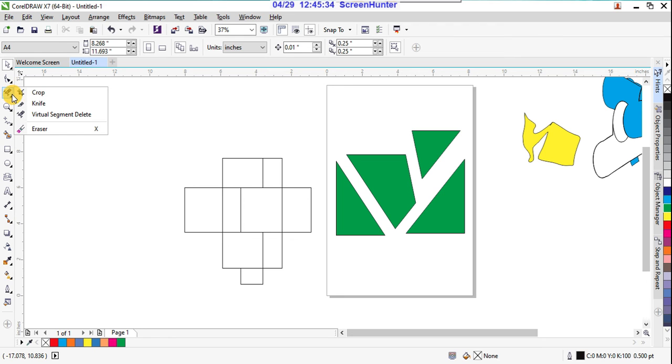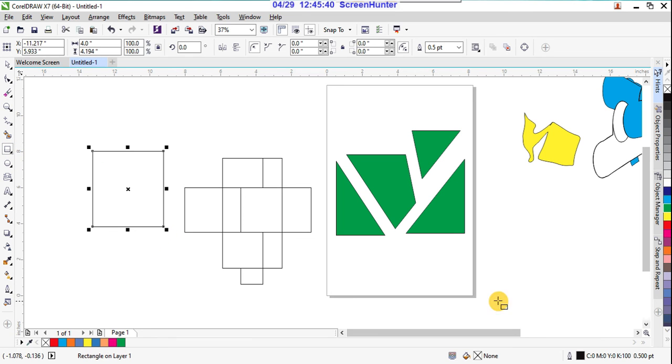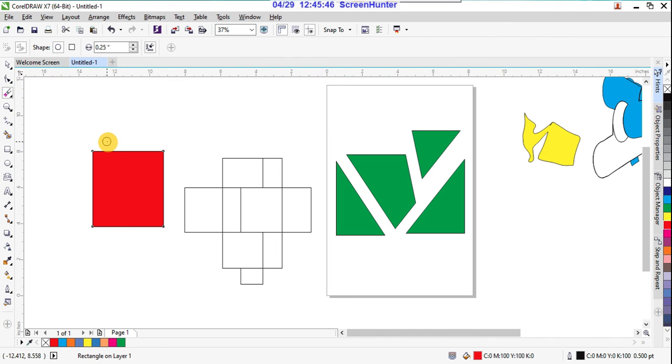And next, the eraser tool. Yes, we know the eraser tool erases nicely whatever you want to erase. And if you want to set the value, suppose you want a square nib or otherwise a round nib, you can change that. Then auto close on cut: close the paths that result from splitting an object.